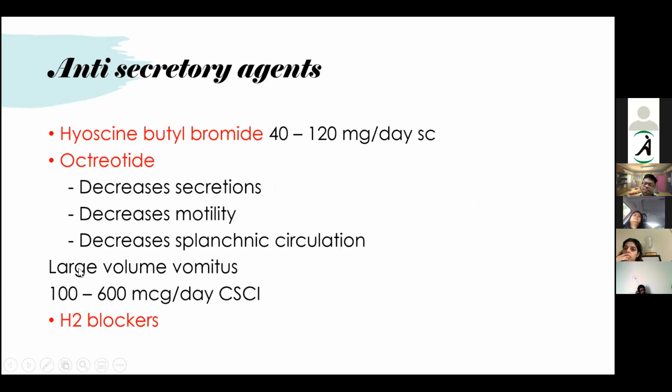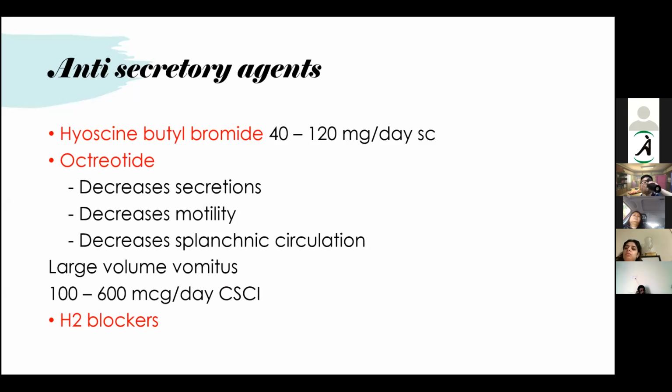So if you try prokinetic and steroids for 2 or 3 days, and if the obstruction is not relieving, it points to a complete obstruction. So once we establish that there is a complete obstruction, there is no point in trying to relieve the obstruction or push the contents forward. So now our aim would be to reduce the accumulation of secretions there so that the patients will have lesser symptoms. So the next class of drugs comes into play.